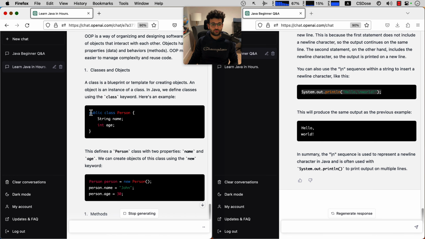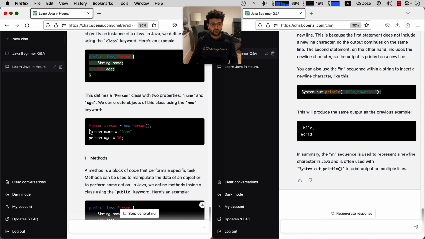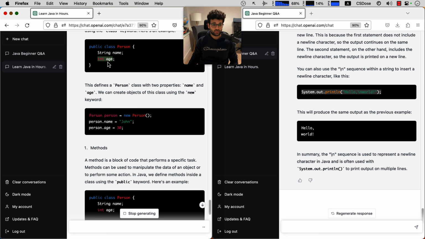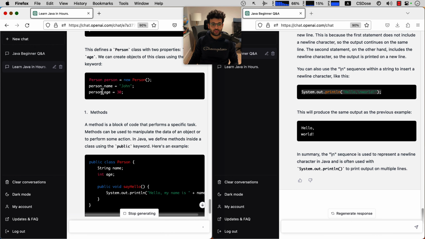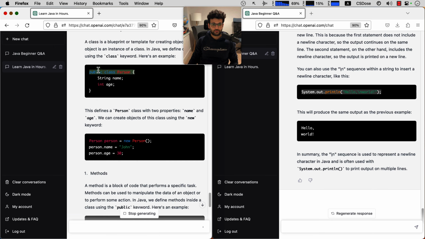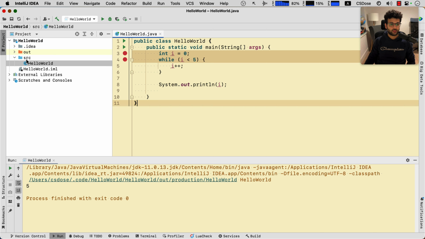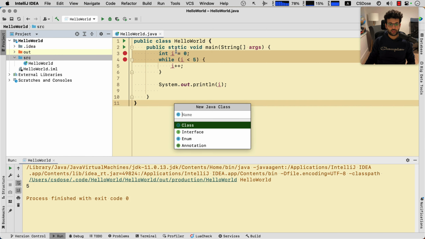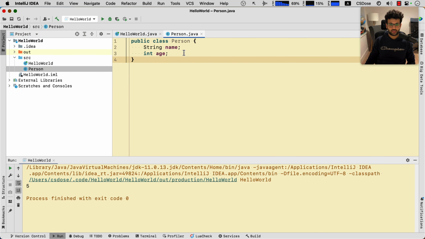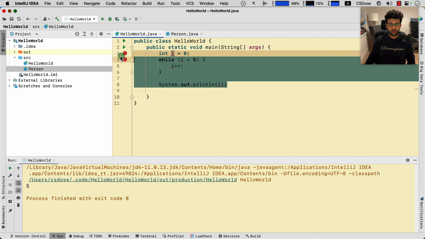So it's telling you to define a class, Person, and then it's going to make an instance of that class, and then define the name, which is a string, and the age, which is an integer, the person's age. And let's try that. So we're going to go in IntelliJ, and in source, I'm going to create a new Java class. I'm going to call it Person. I'm going to paste the code they've given me. And then right here,